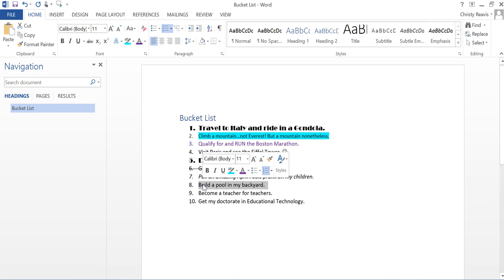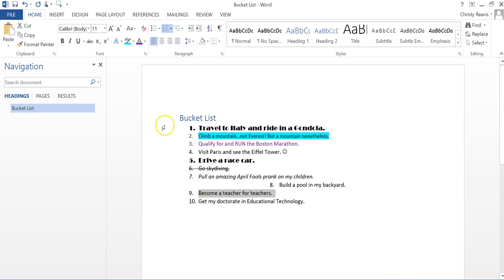Number 8, we're going to change this one to be center aligned. Number 9, we're going to move to add a font effect to this one, and we want to add a